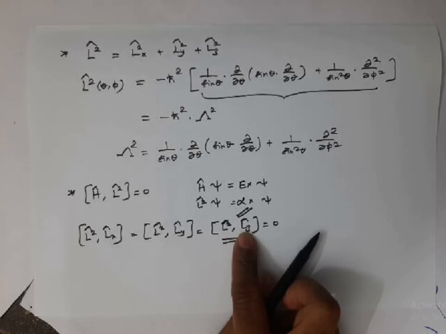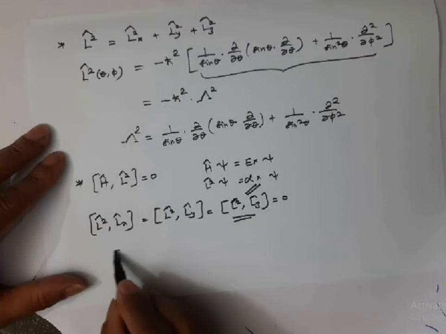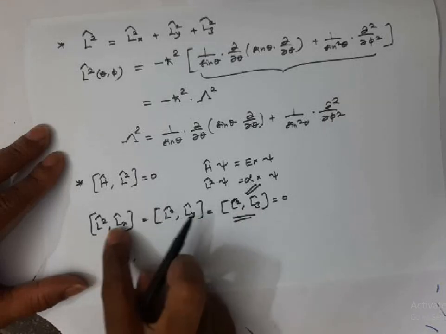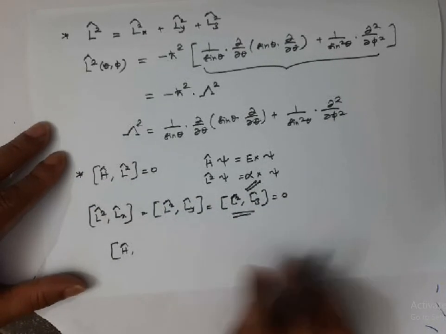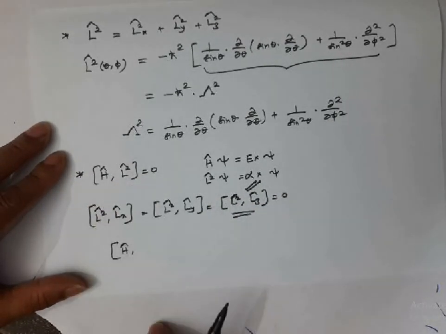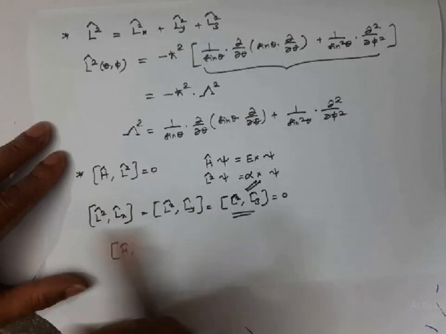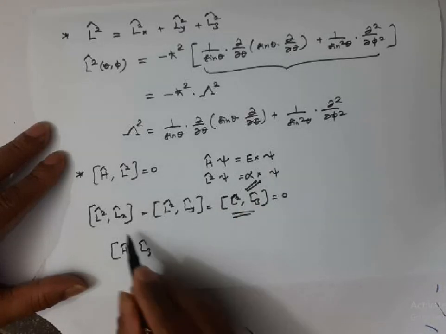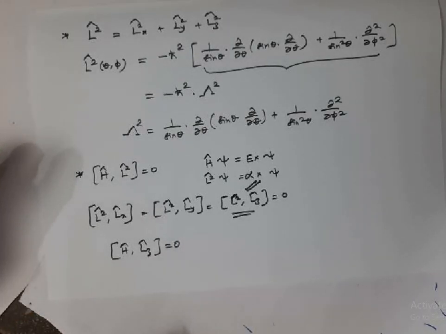So this is another piece of information. Since L square commutes with Lz, Lx and Ly, and the Hamiltonian also commutes with L square, the Hamiltonian will commute with these as well. You know very well that if A and B commute and B and C commute, then A and C must commute. Therefore the Hamiltonian operator must commute with these component operators, so they also have a common set of eigenfunctions. I stop here.